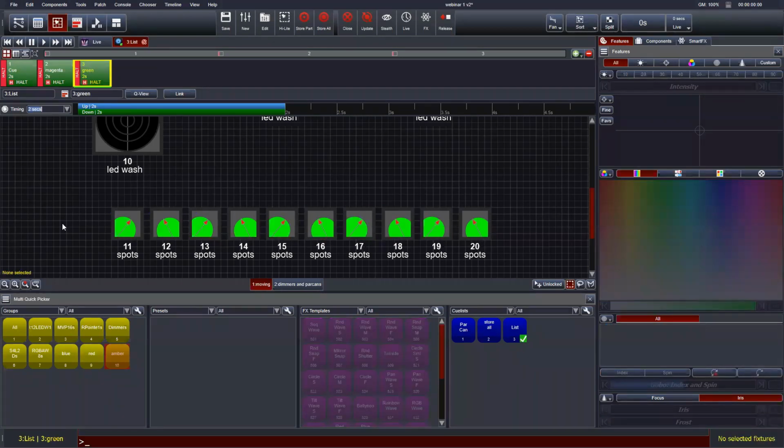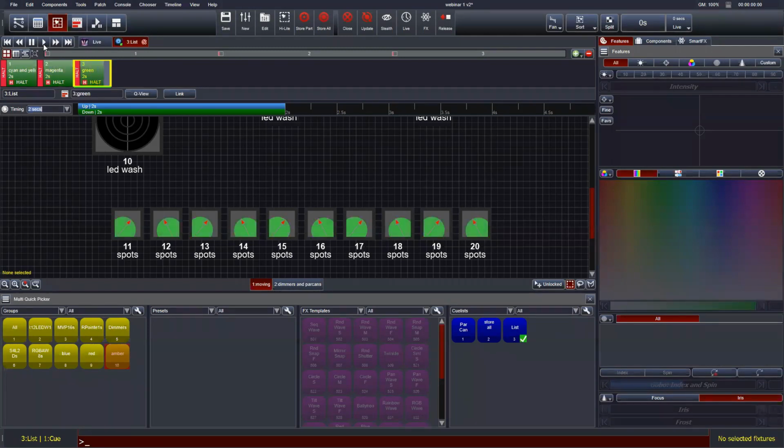So we now have 3 queues. We can use the playback transport controls up here to play through the queues or skip through the queue list just here. The queue that we're editing when we're in the live edit is this yellow box just here. So we're editing queue number 1. Let's call this cyan and yellow just here. And we can play through this